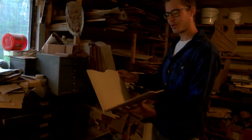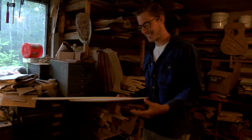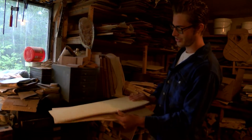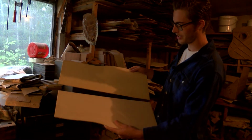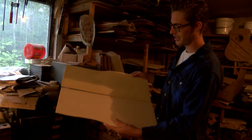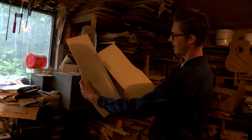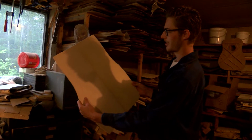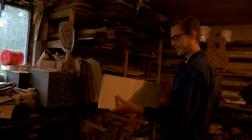Well, this would be, is this spruce? That's red spruce. Adirondack, as they say. This would be like the top of a guitar. So you'd take, it's pretty rough here, and you'd end up book matching it, they call it. So you take the seams, and the grain is the same on both sides, and then you glue it together like that, and then it forms a seam. That's kind of the first step,